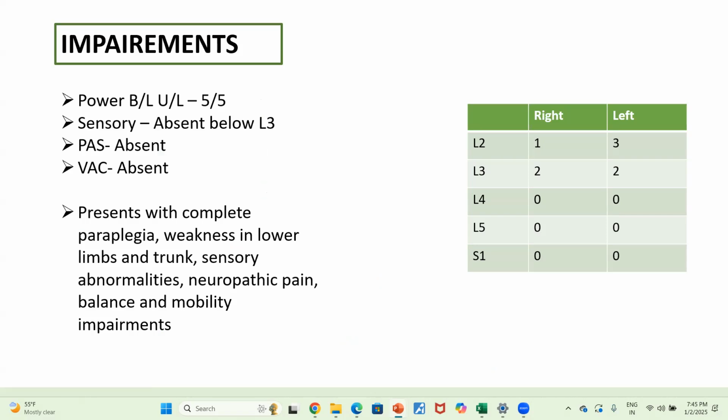So the power for left and right hip flexors muscles are 1 and 3, and for knee extensors are 2 and 2. For bilateral upper limb, power was 5 out of 5. Sensory was absent for both light touch and pinprick. Below the L3, PAS and VAC was absent. So the patient presents with complete paraplegia, weakness in lower limb, trunk, sensory abnormalities, neuropathic pain,